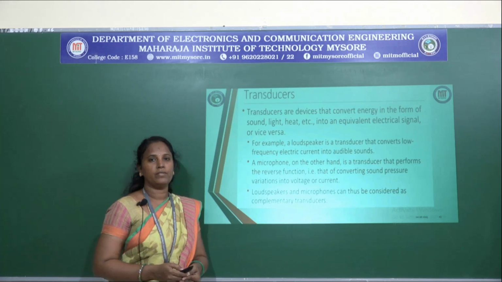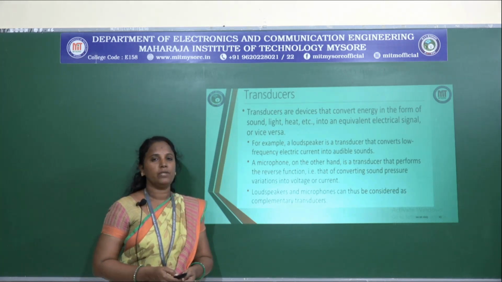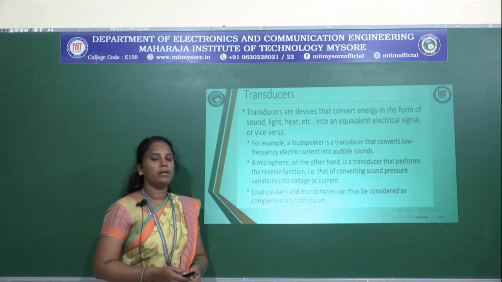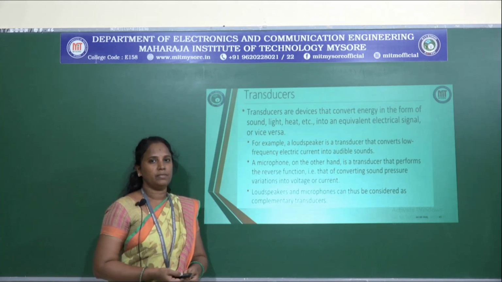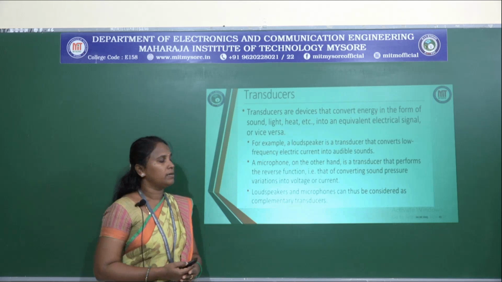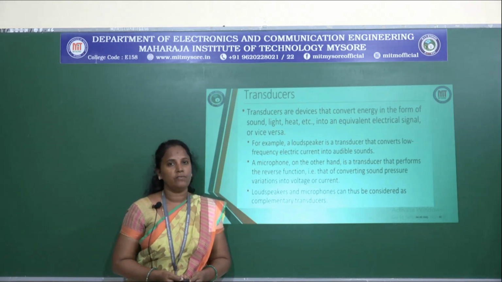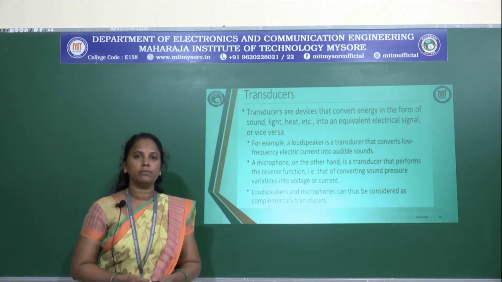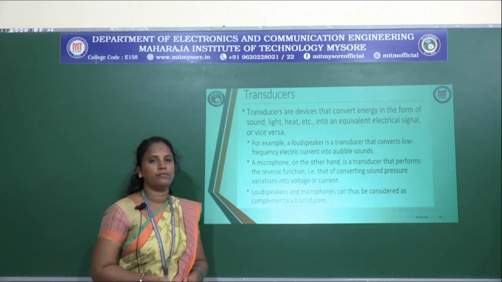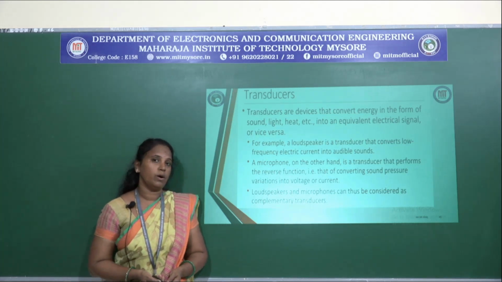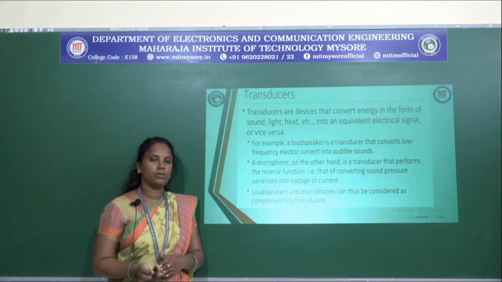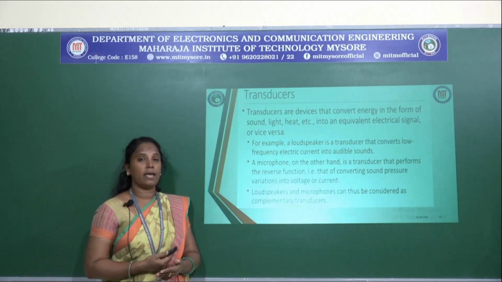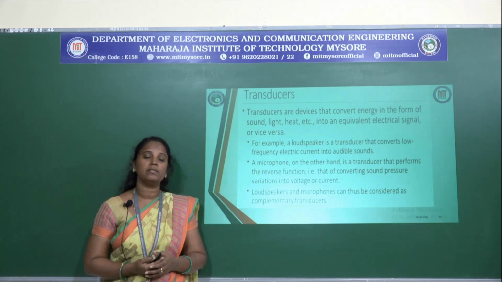Next topic is called transducers. As we know, we cannot use only one form of energy in nature. Even though we have energy available, like solar energy, wind energy, light energy, we should have some conversion process to convert from one form to another. If I want my solar energy to be converted to electrical energy, I need to perform some process. This can be achieved with the help of what we call transducers,